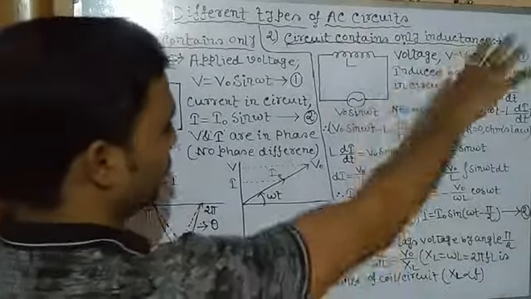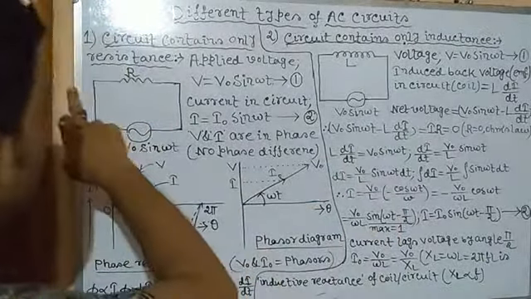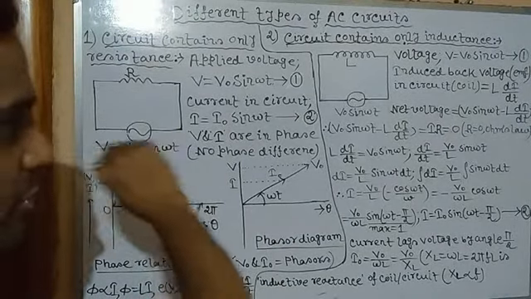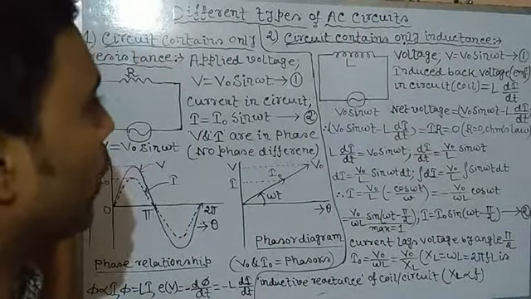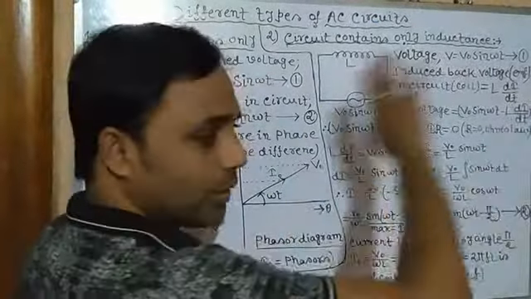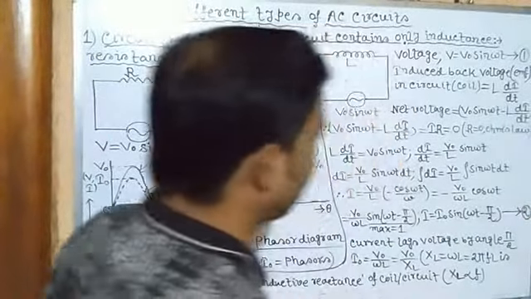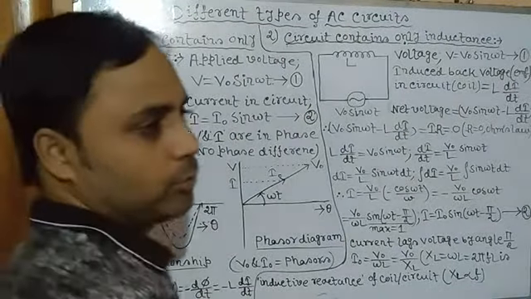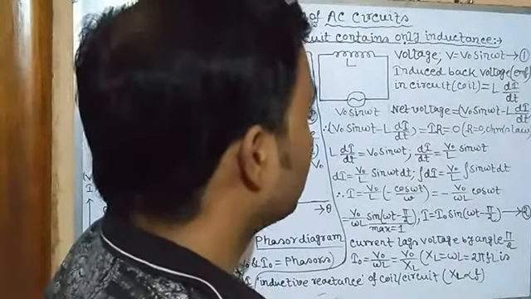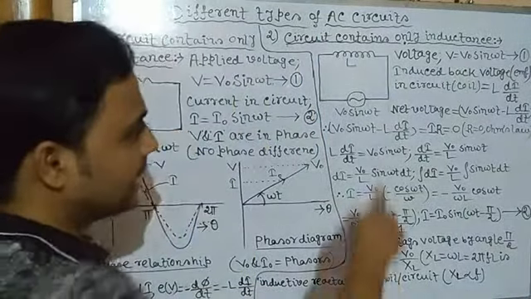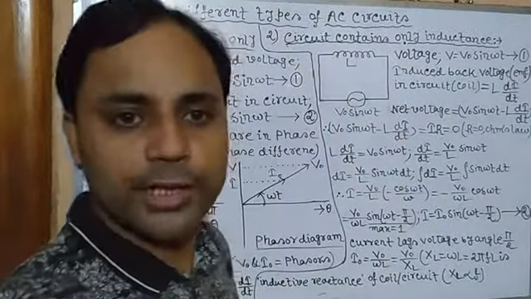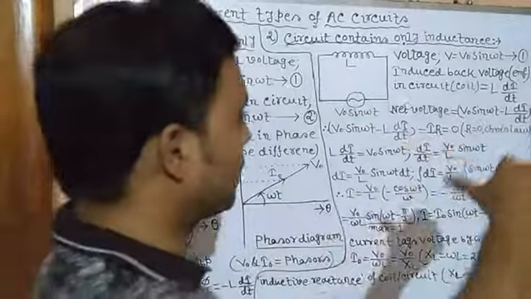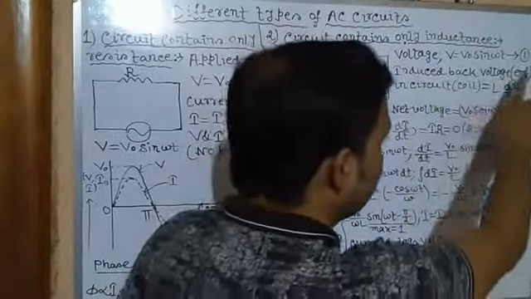Now here also there is only one change. In the previous case the circuit was a straight wire, but here we just twisted it, gave it a spiral form and made it a coil. Same applied alternating voltage, V equals V0 sin omega t. Now, since we already know from self-induction, the induced voltage in the circuit on the coil, also called back EMF or back voltage, is L di/dt.